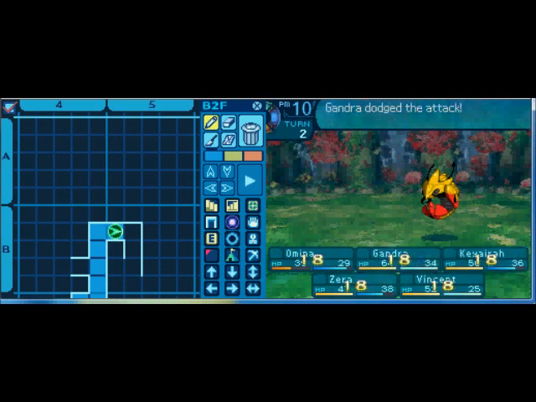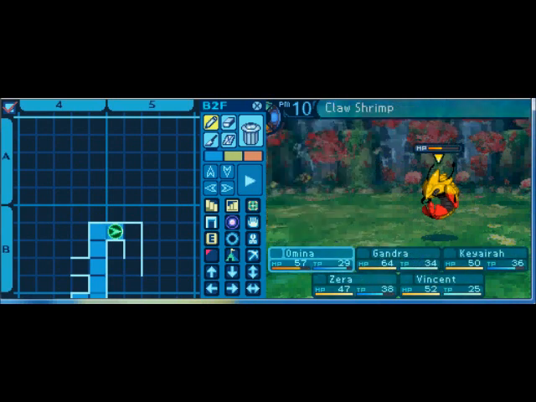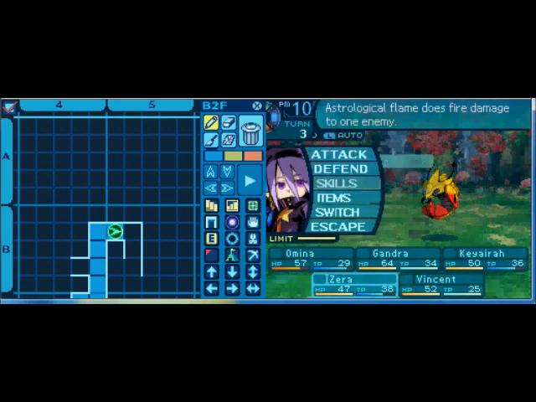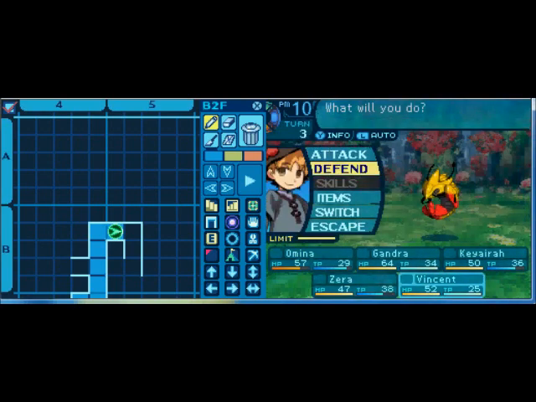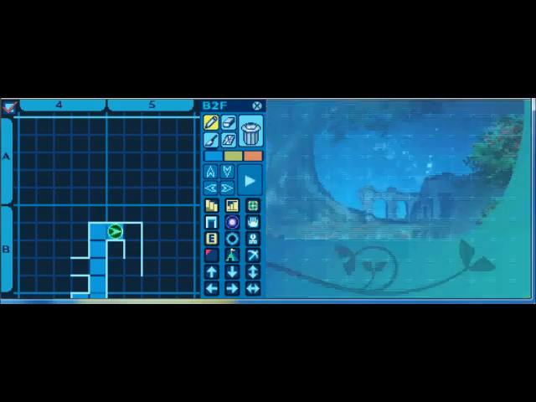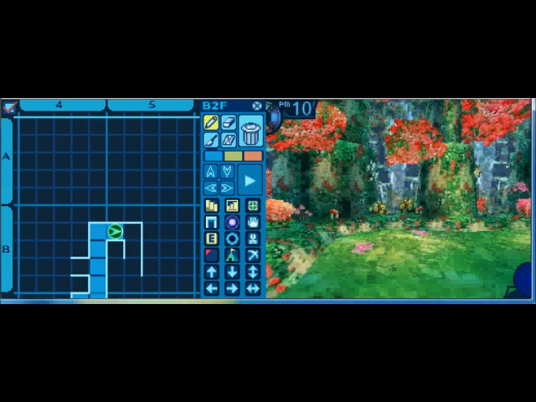And basically, in order to get it, you have to finish it off with an ice attack. So defend, defend, defend, ice star, defend. That should do it. Yes. And let's see. Yes, he gave us a red tail. These red tails